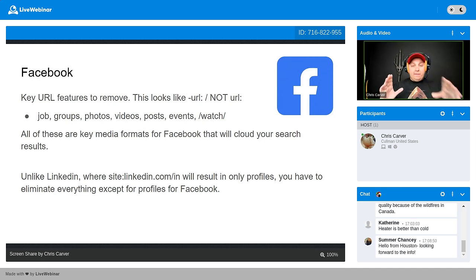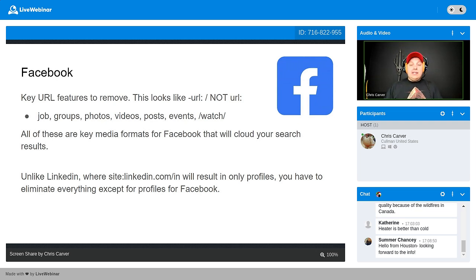Again, I've got that forward slash watch forward slash. This is Facebook Shorts. With the emergence of TikTok and YouTube Shorts, and I'm sure Snapchat had some influence here, Facebook launched their own Shorts